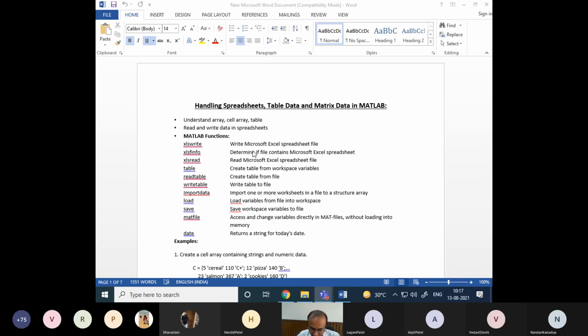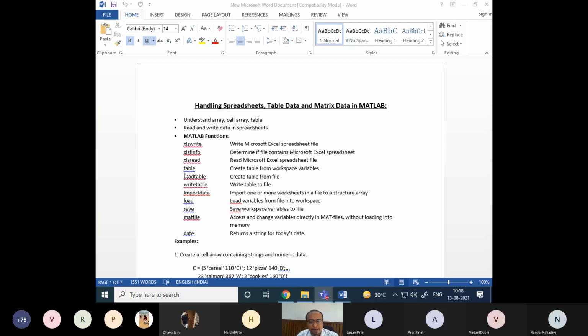I'm going a little bit quickly because I was 15 minutes late due to a setting. The first function is xlswrite. It writes a Microsoft Excel spreadsheet file from MATLAB. So if you have some data in some variable in MATLAB, you can write that matrix data of the variable into the Excel file. Then we are using xlsread. So we read the Excel spreadsheet file into MATLAB, into some variable or some table, and later the column or row data of that Excel spreadsheet we can utilize in MATLAB for processing.